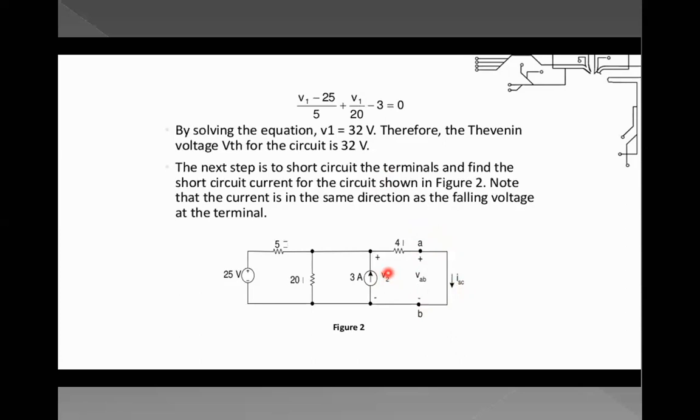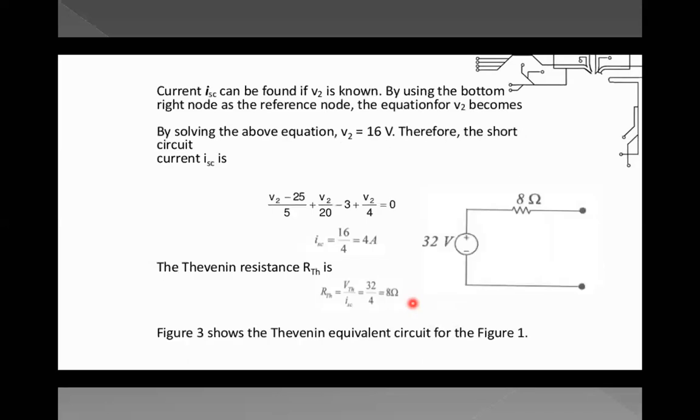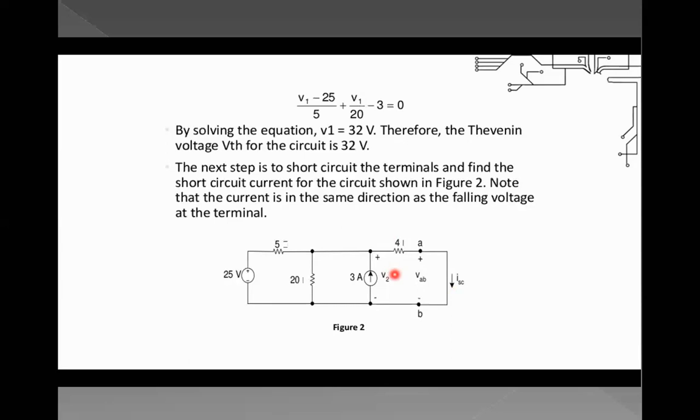Now if we have the value of V2, we can clearly say that ISC is equal to V2 by R. So what we need to do, by using the bottom right node as a reference node, the equation for V2 becomes, so please look here, let's go through this. This is V2, right? So the expression comes like (V2 minus 25) by 5 plus V2 by 20